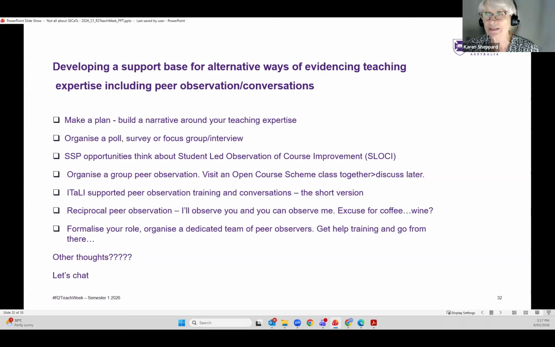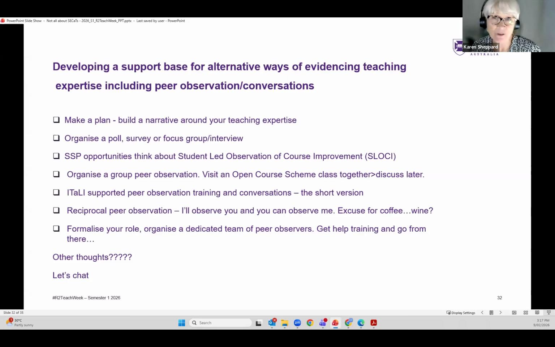You have other opportunities like group peer observations. We have Italy-supported peer observation training conversations. You might find a person down the corridor and set up a reciprocal opportunity for peer observation.